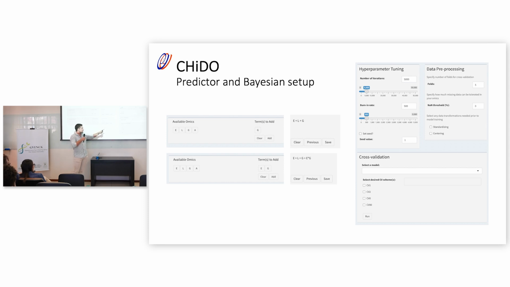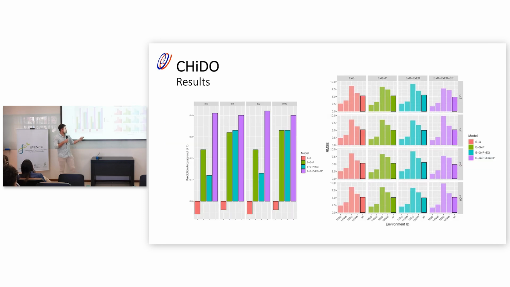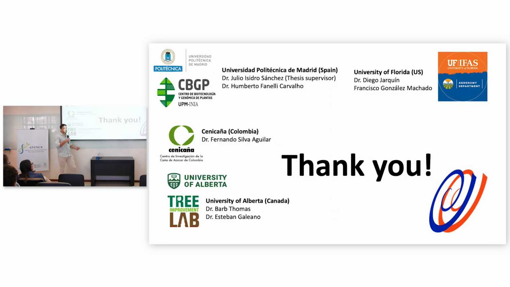We can center and standardize the data, and here we will select the model that we want to run, that we have already created here, and we will choose which CVs we want to run. CV1, CV2, CV0, I have already described them, and CV00, which means predicting new environments, new genotypes in new environments. This is the hardest thing that we can do with a multi-environment trial. This will give you some results like this. It will output a CSV file with all the results, all the variance components, everything that I have explained for the omics dataset, and also some plots. And yeah, that's pretty much all.